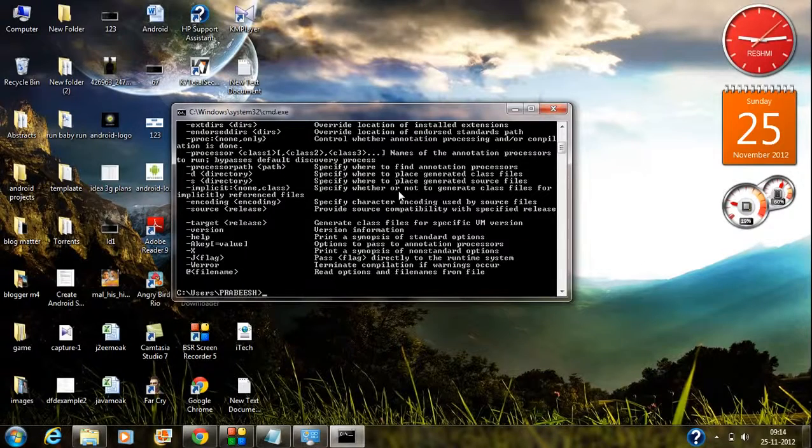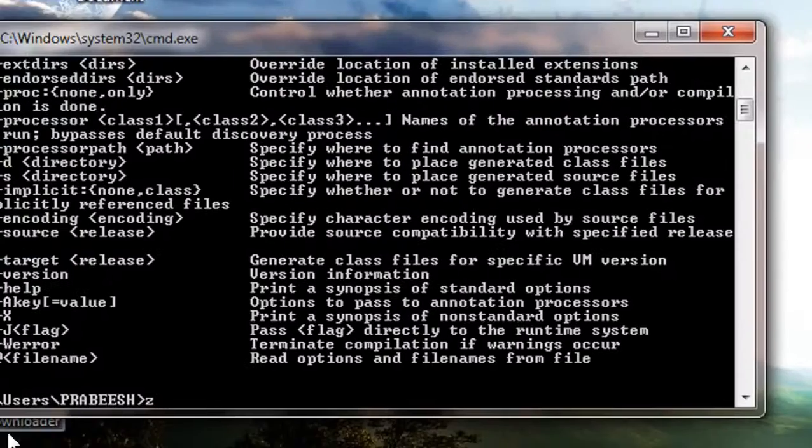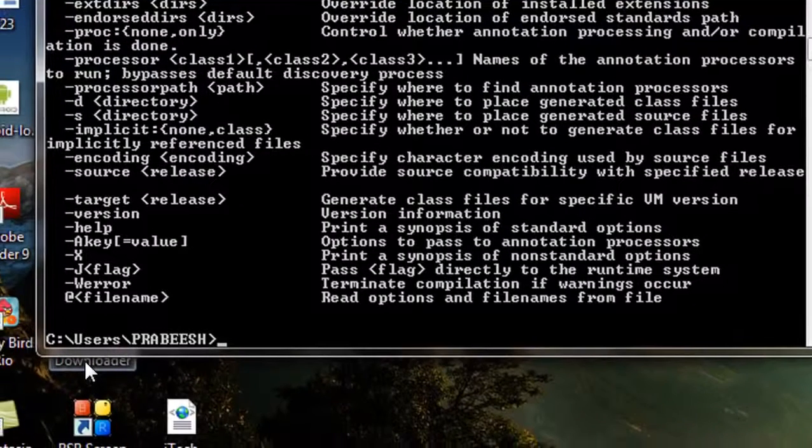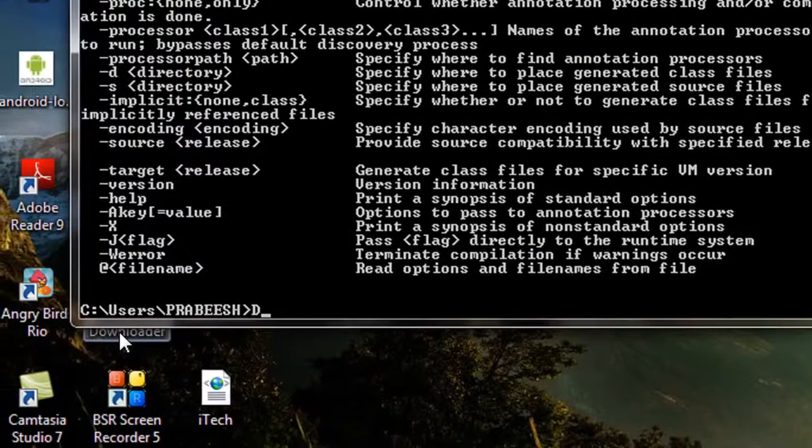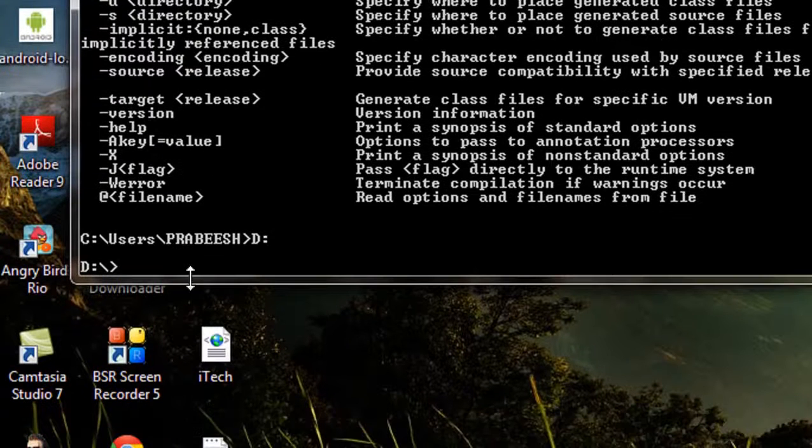If you are planning to compile a Java program in your D drive, guys, this is an alternative way for setting up the Java path. Just type path and set the path here in these double quotes.